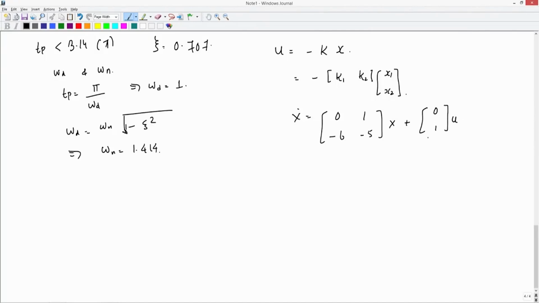So, I could just quickly check what would be the zeta and omega n for the open loop system, right. When u equal to 0, I just would check it with the help of this characteristic equation, det(sI minus A) equal to 0, right. And it is easy to check that the open loop specifications are much further away from what is a desired closed loop specification, and therefore, we need this control. Okay. So, first exercise which you could do is to check